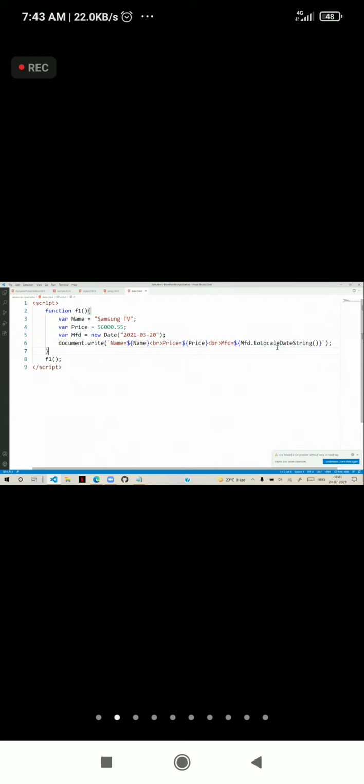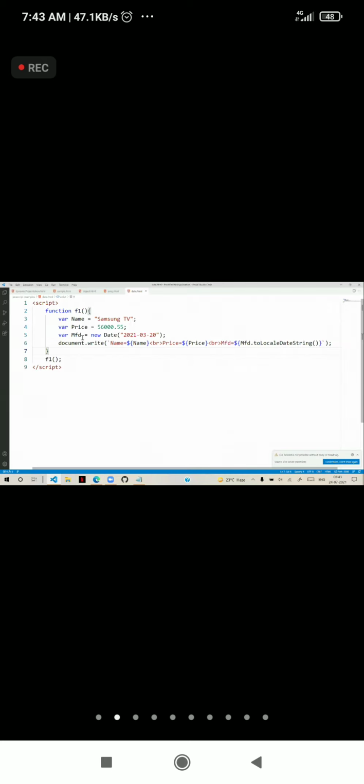But we don't need it like this. We want the weekday, month name, and all. In that case, we have to learn how to present in our own style. Then we can use all those functions. For example, see, I am removing all these details and I want to present only manufactured. And you see, I'm writing manufactured. So it is going to present the detail in this way, only manufactured in this way.